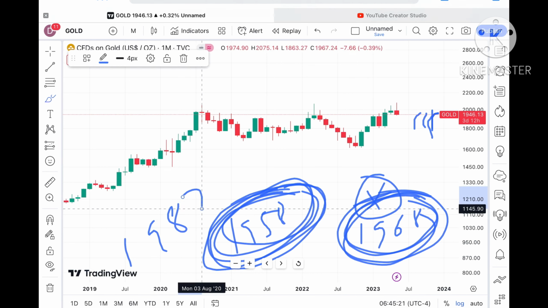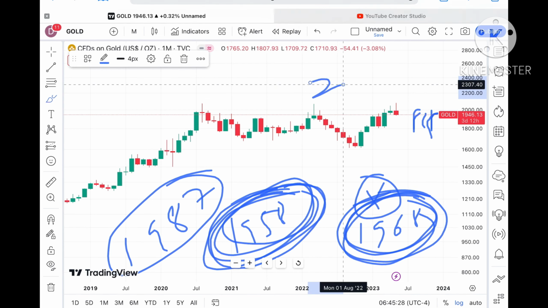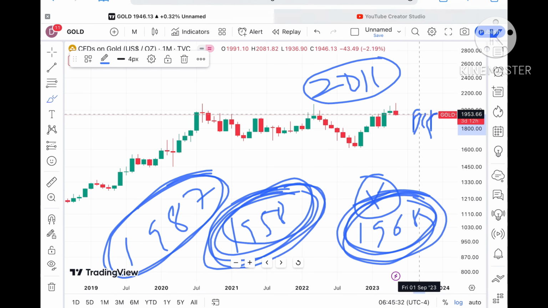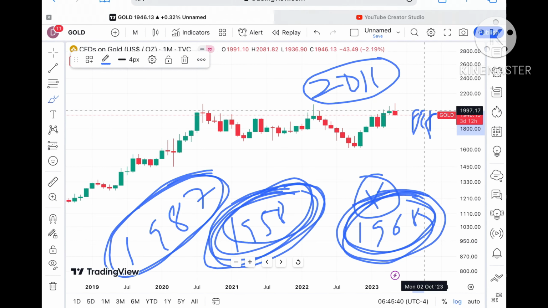Okay, and if the price sustains above $1987, we can see it can go further upside and can touch a level of around 2011. Keep that in mind. Once the price sustains above this level, we can see the next resistance coming at a level of 1987. Okay, so once the price sustains above that particular level, it can touch that particular zone and can go above